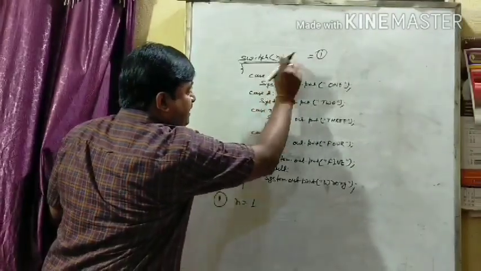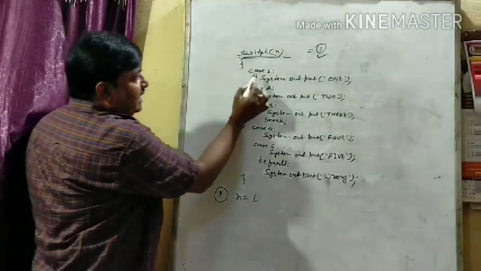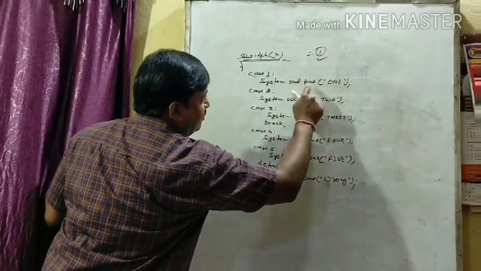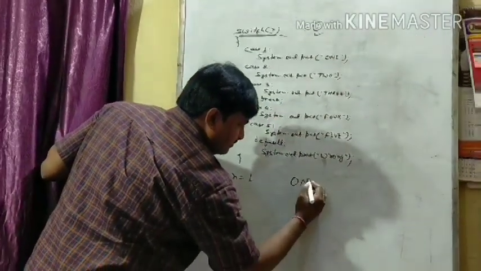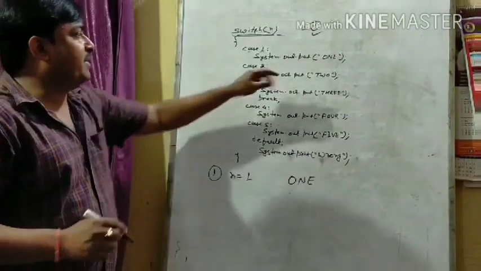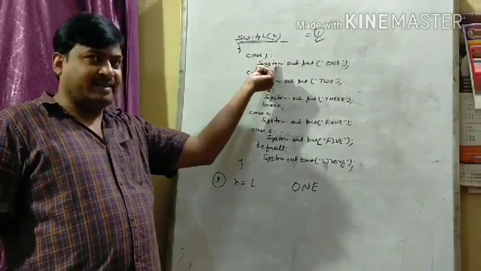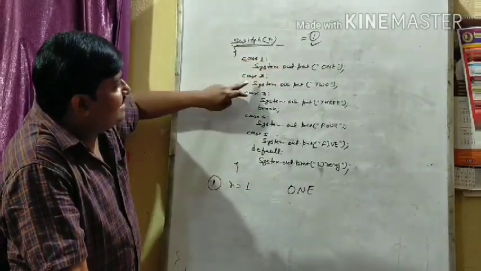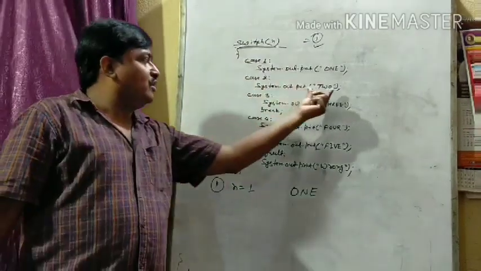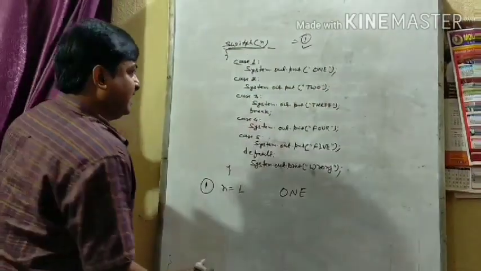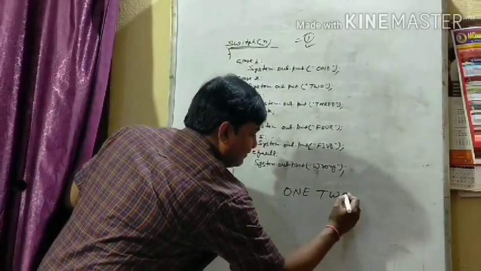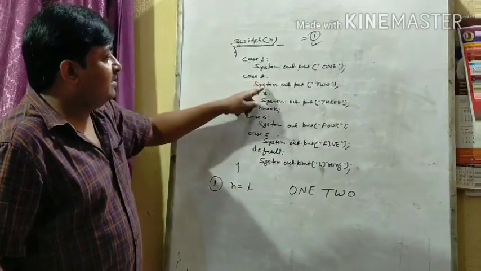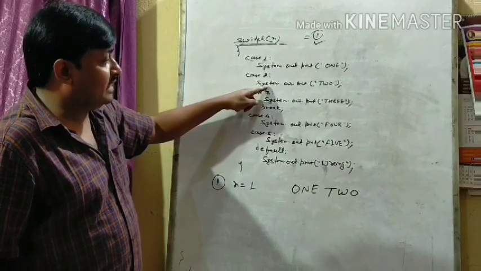The value of the switch expression will be 1. Therefore, case 1 will be executed. Inside case 1, one statement is there: System.out.print 1. Therefore, this will be printed on screen. After printing this, there is no break statement. Therefore, the control continues executing the next case, that is case 2, and inside case 2, system.out.print 2 is written. So 2 will be printed in the same line because the print statement is used, and there is no break statement at the end of case 2.